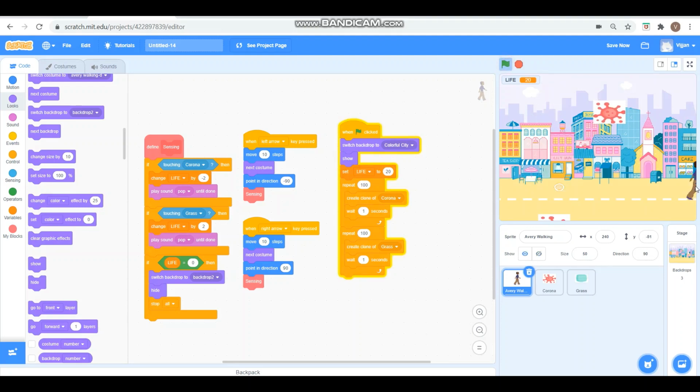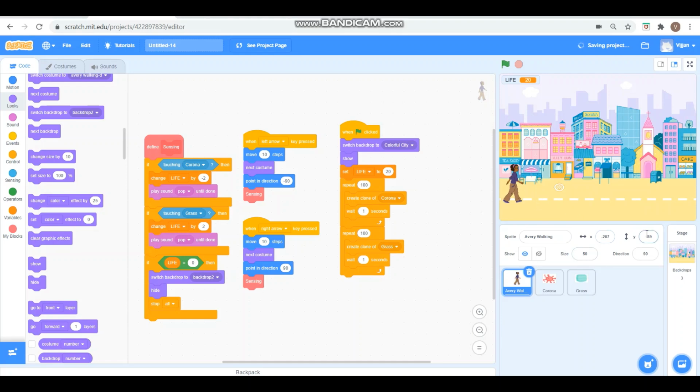So now the man is here. So whenever flag is clicked, the program starts from the previous point where you have stopped. That's why this man was starting from here. So let's say that the man should always start from this side. So how will we do that?